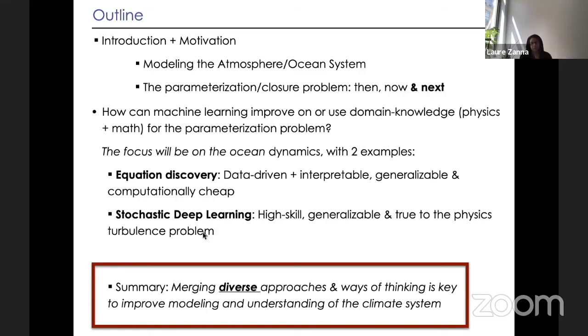And I think if there is one thing that I would like you to remember at the end of this talk, if you don't remember a word of what I say, is just that if you merge diverse approaches and ways of thinking, that's one way to move forward. And I think that's an important way to move forward in terms of modeling and understanding the climate system. There's not one great approach or one great method, whether it's theory or machine learning or whatever. There are many of them, and it's about keeping an open mind and using tools for the problems that you're trying to tackle, trying them out and seeing if you're learning something new. And if you can discover something new you didn't know before, then we should use it.